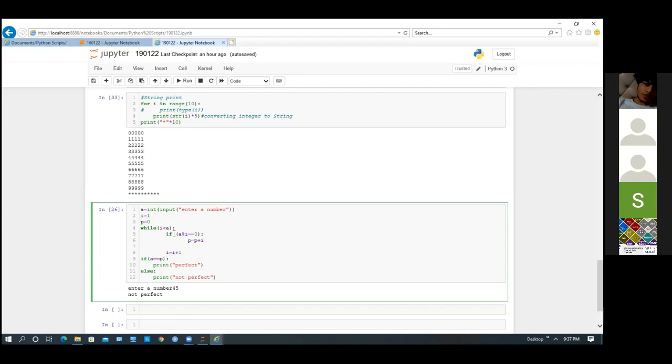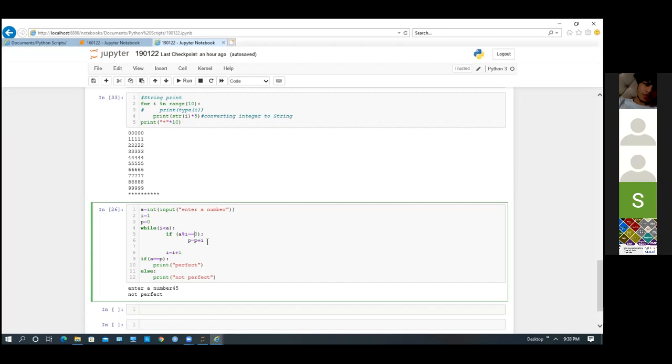What I have written: while i less than a, if a mod i equals 0. If I put 5 or suppose 6, I will check from 1 to 4. Whenever it is divisible by something, that means it is a factor of the number.